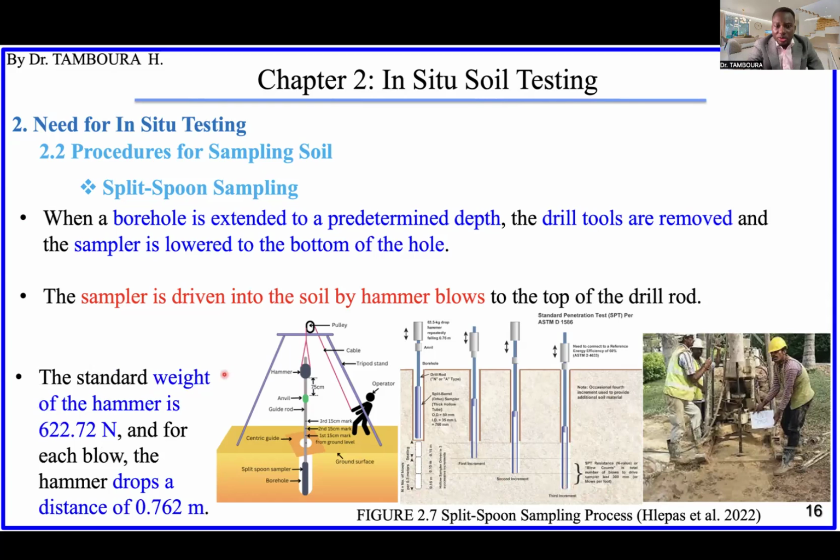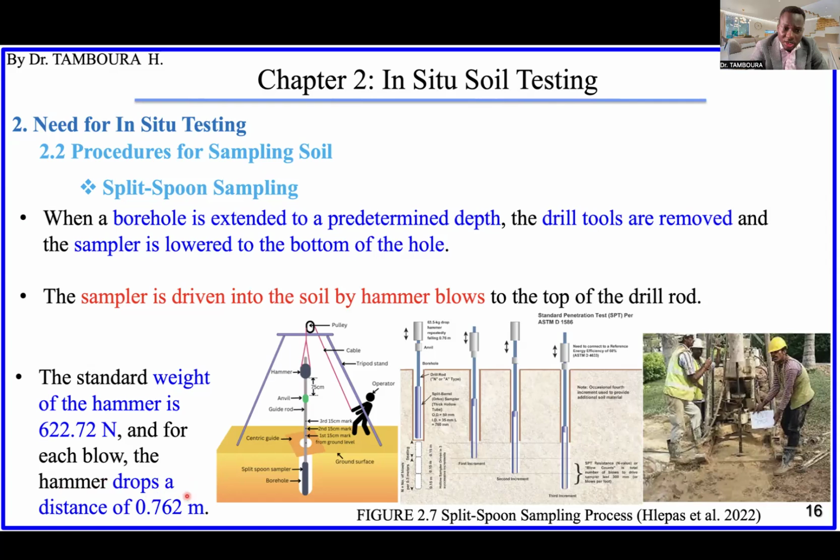So the weight of this hammer is about 622.72 newtons. You can convert this into kilonewtons. In kilograms, sorry, maybe around 63.5 kilograms, just by dividing it by g, the gravity. And for each blow, when you're dropping, the height